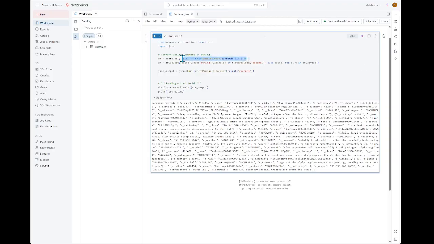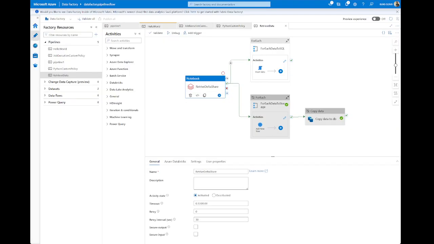I select just 10 rows and provide this in JSON format. This is something that we need to have as output in a data factory. Nothing more. So let's go back to the data factory.